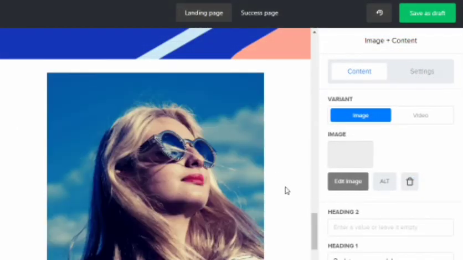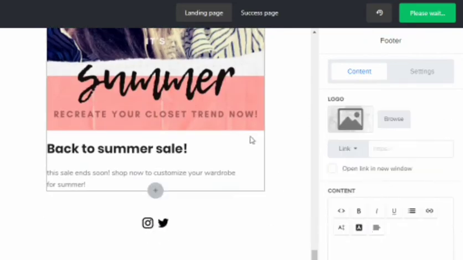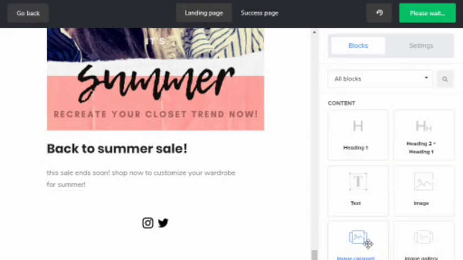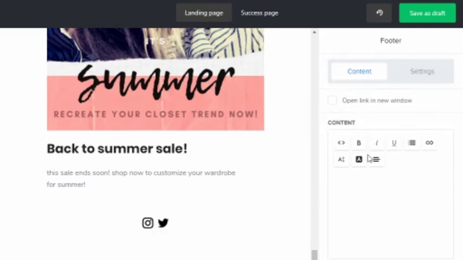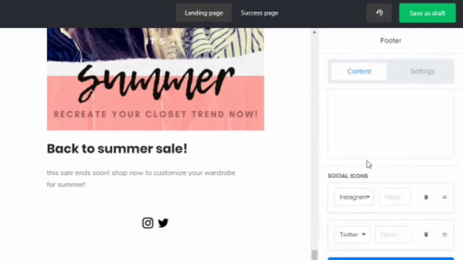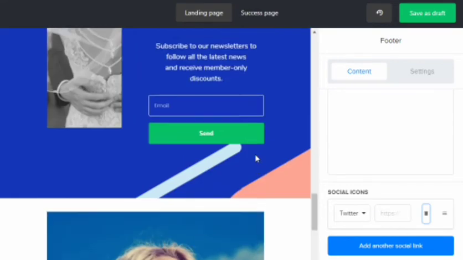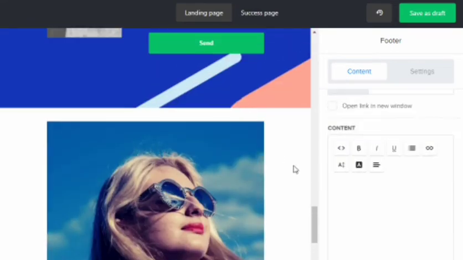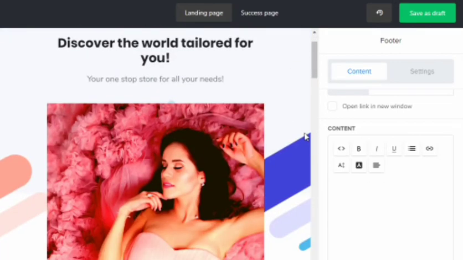So see, this is how you can add images. I have also edited a few other parts. I have just copied it from my text which I made a few minutes ago. I'll be adding one more button here, Shop Now, so that even if they are scrolling and come to the bottom of the page, they can click from there. Yeah, so this is my edited one.